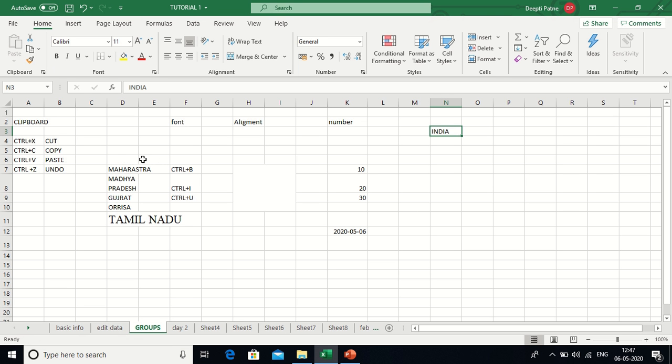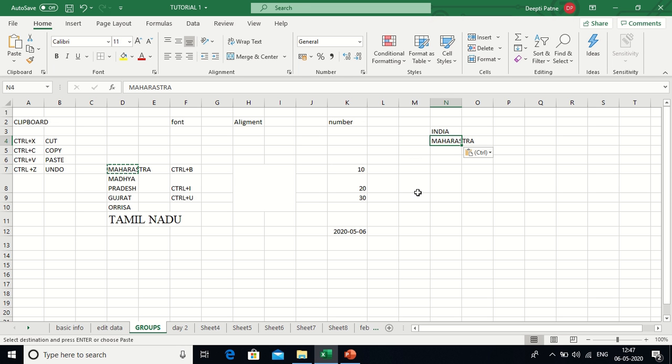As you can see, the word is no more here, it is shifted to another cell position as I directed. Similarly, if I want to copy the word from one place to another, how will I do it? I will select the word, I will say Control C, again the dotted line will rotate around the word, and I will paste wherever I want by saying the command Control V.